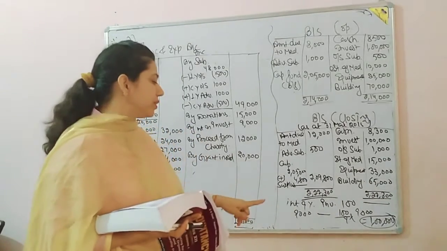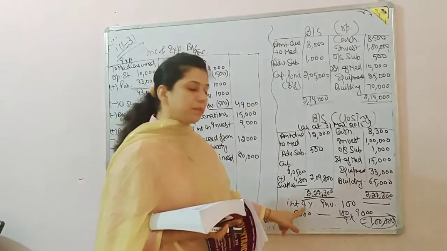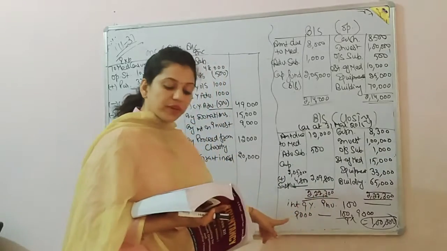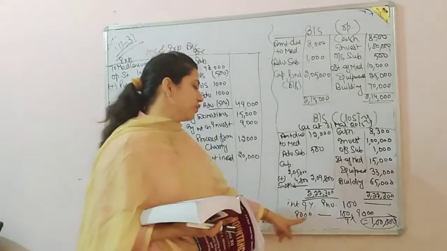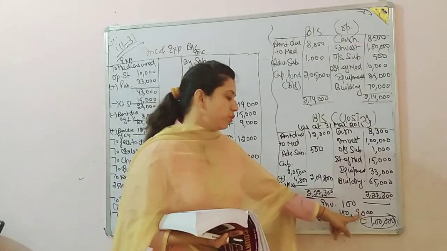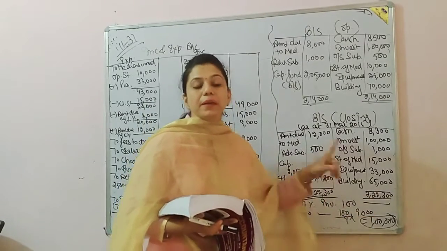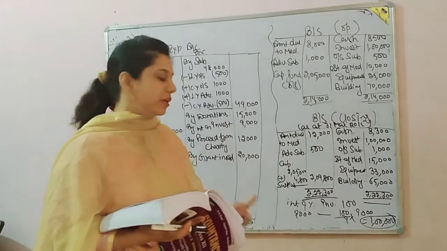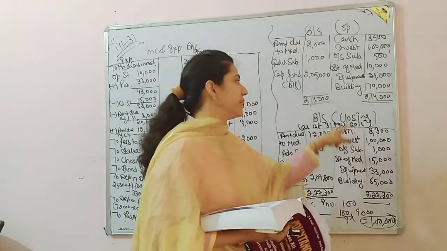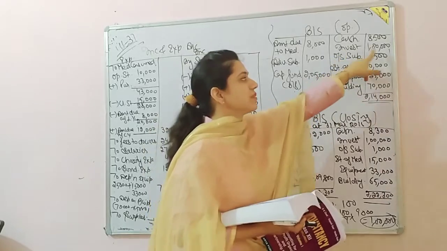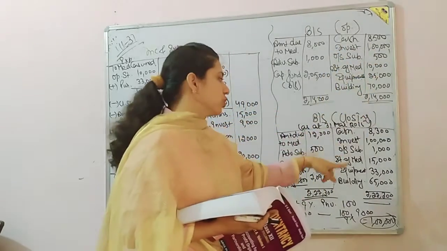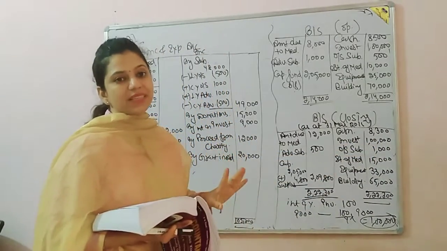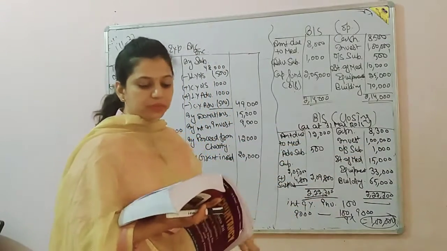How will it be calculated? If interest is 9%, then investment value is 100. And if interest is 9,000, then value of investment is 100 by 9 into 9,000, that means 1 lakh. It means it is a hidden adjustment, so it should have double treatment. This investment of 1 lakh will be written in opening balance sheet, asset side, as well as in closing balance sheet as an asset. If there is no purchase and sale, only then they will be of same value.